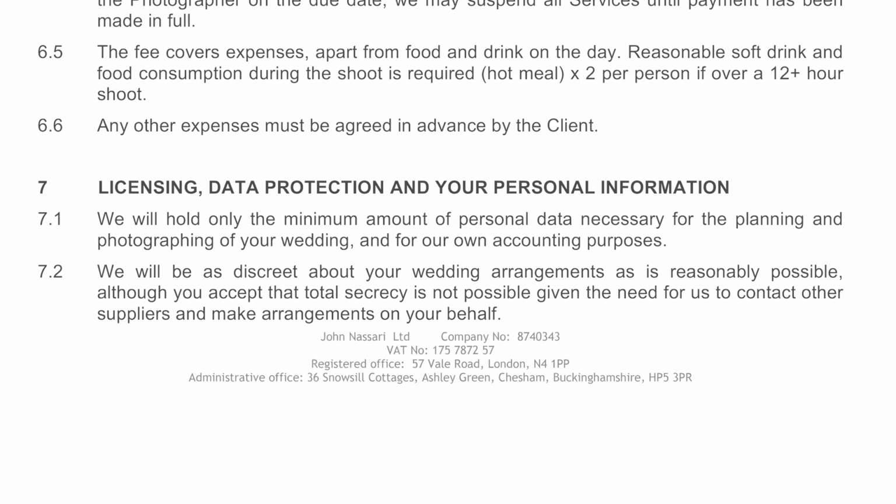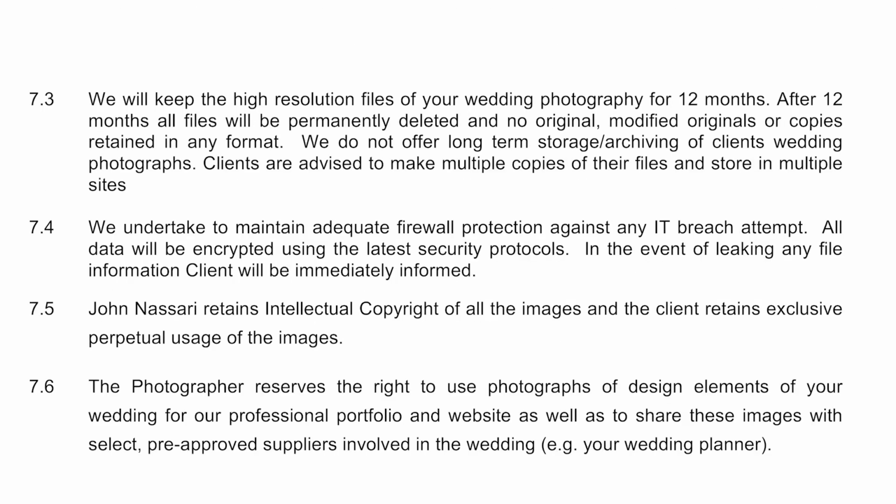So here you want to assure your clients that you are doing everything adequate to protect their privacy. And really that's about IT attacks and so on, so firewalls and so on, so that their images aren't hacked and shared. Certainly I think also within this area of copyright, you might call this 3.3, is outlining the terms of your use of the images.